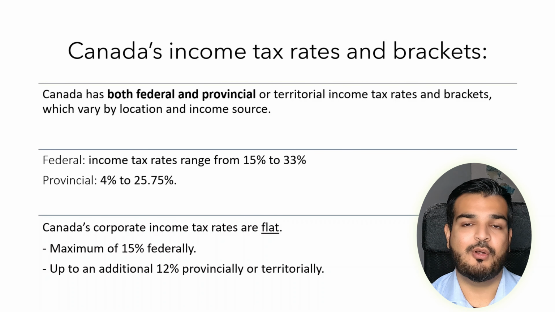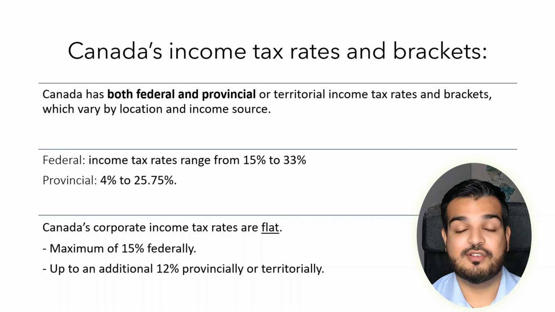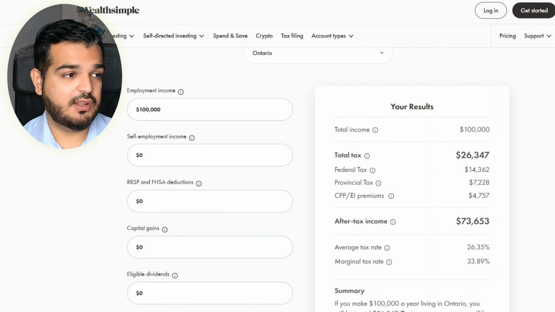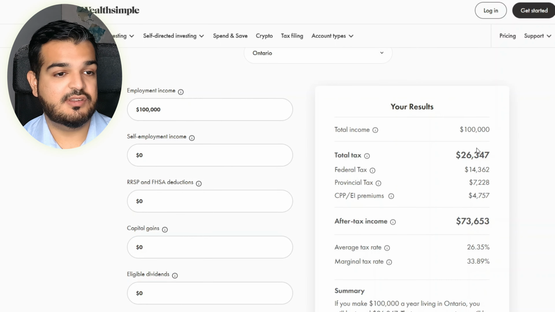I'm going to give you an example of how all that really works. So for this example, let's take a look at what happens if you live in Ontario and you make $100,000 in annual salary. So if we take a look at this tax calculator, I've put in $100,000 of employment income. And as you can see, if you make $100,000 in Ontario, the total amount of tax you will pay is